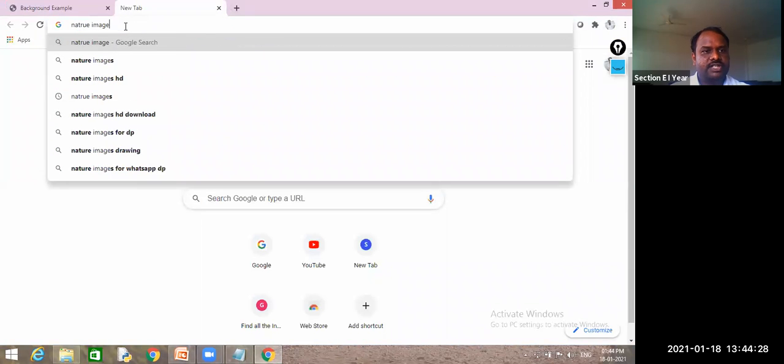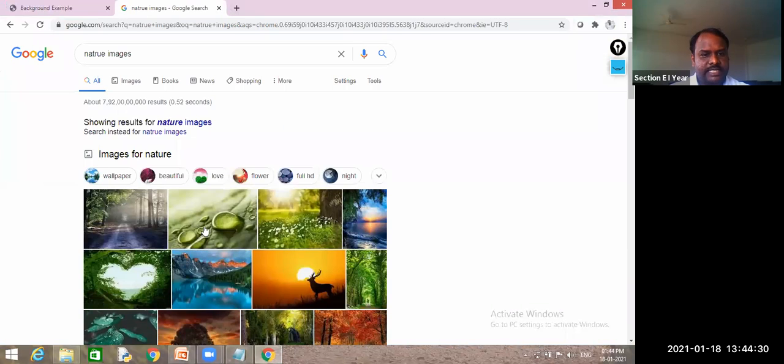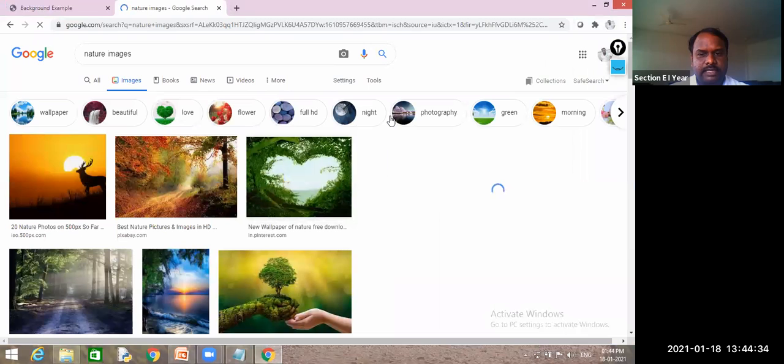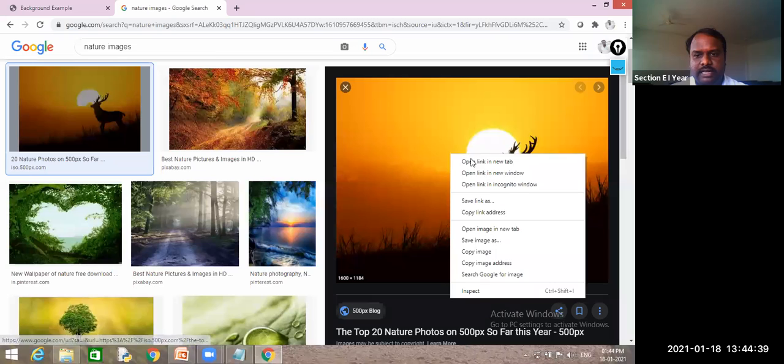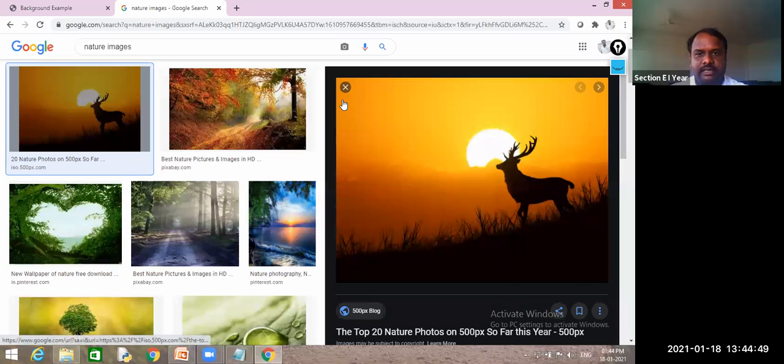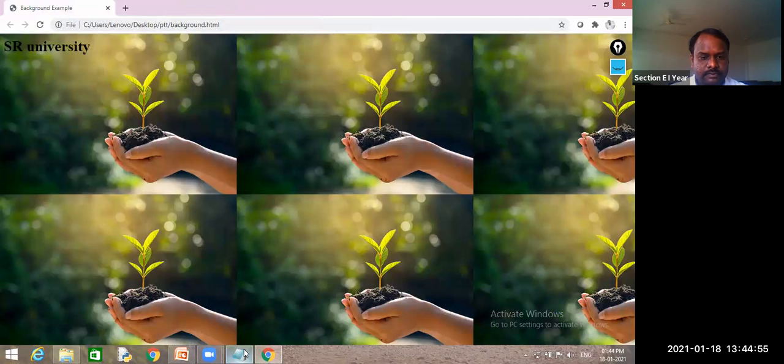I have clicked on the nature images and I will go for this one. Click the image and at the right side, right click, copy image address. Can you see this copy image address? Yes, sir. Just click on that and go here. Remember this image, and I have closed this one.